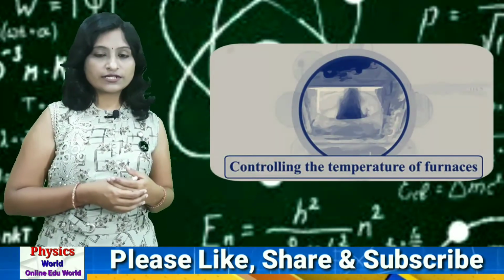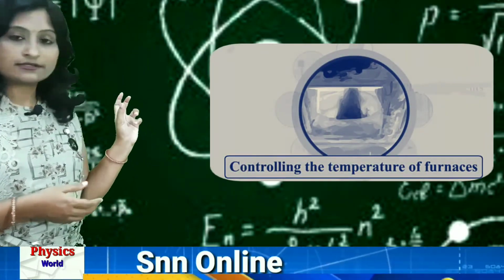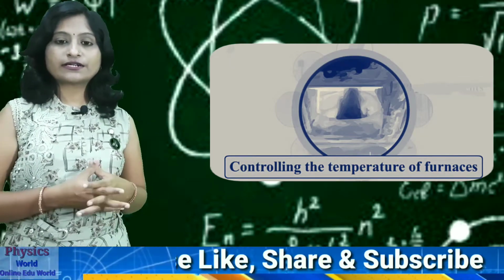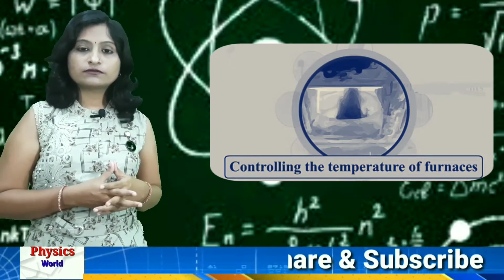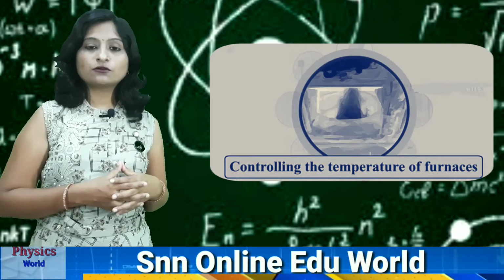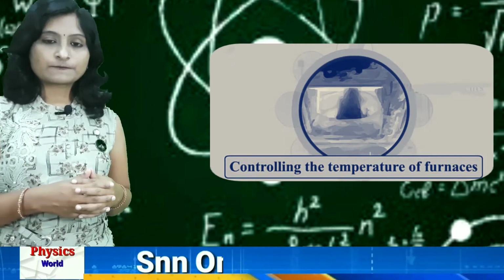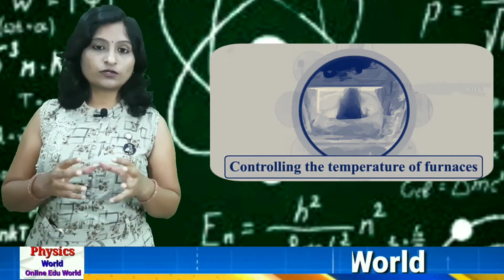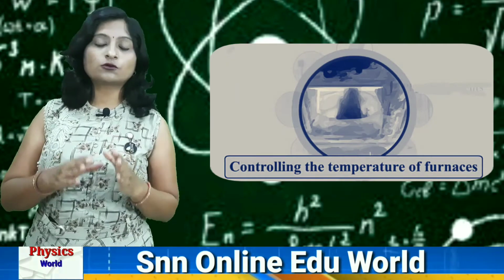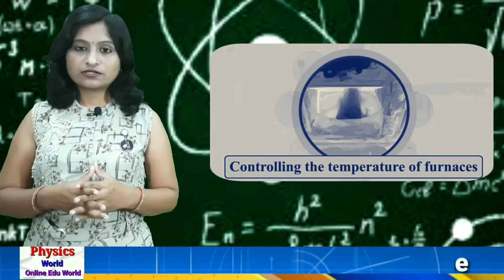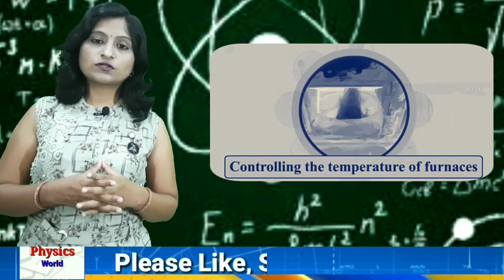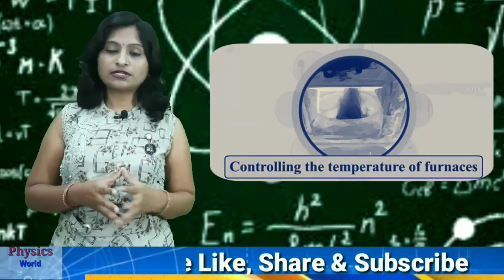So there are some more examples. See here, it is an example of a furnace. So in the furnace also we require the cell. So furnace temperature can be controlled with the help of this cell. So there are a number of applications of this photoelectric cell, that is nothing but the photoelectric effect. And this photoelectric effect is very useful in day-to-day life as you observe from all these applications.